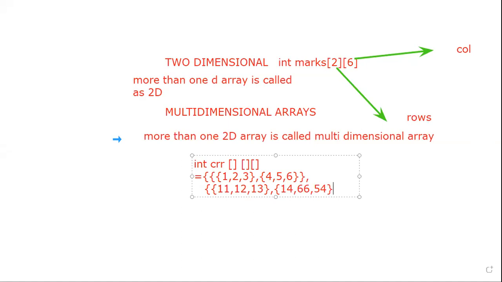Just my own values I'm taking. You can take any type of values. All the values are integers only.